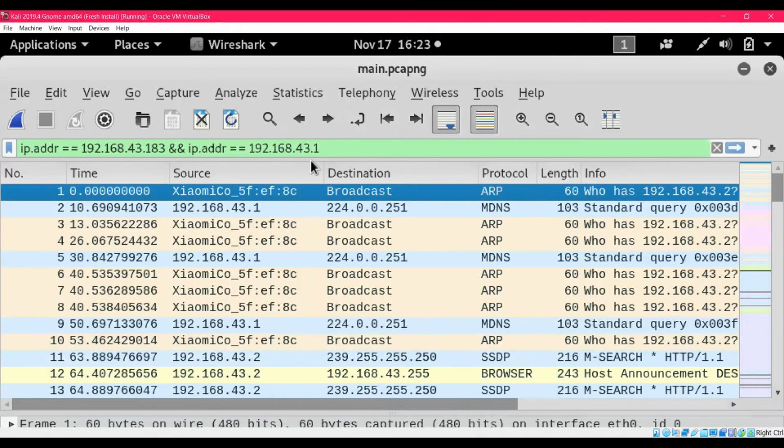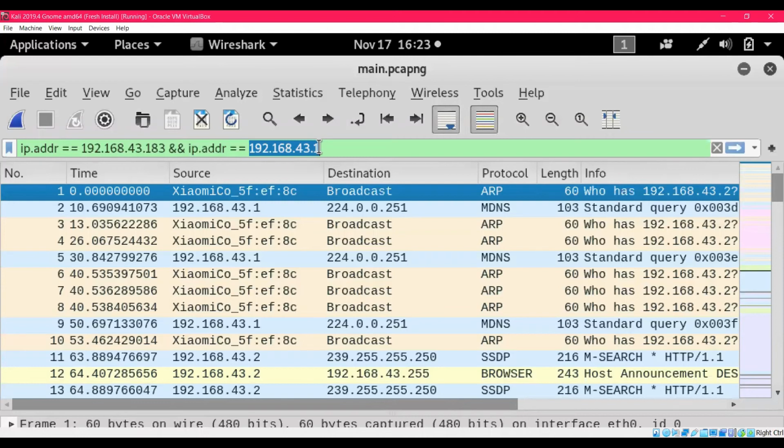Right here you can see that this is where it says ip.addr equals my IP address, and then joining it with an and, another ip.addr equals the Google server's IP address.